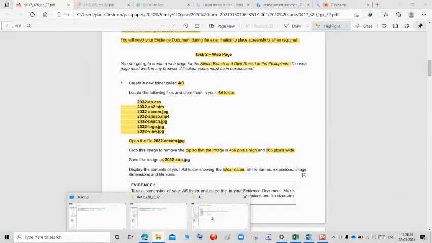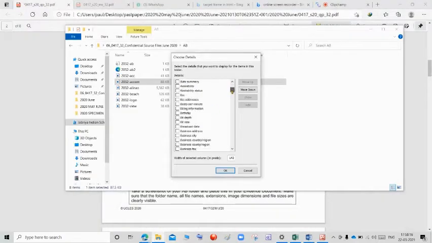So we go to the AB folder and give the folder name. The folder name is there. We can click this.